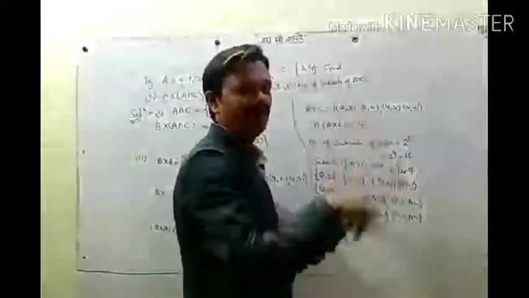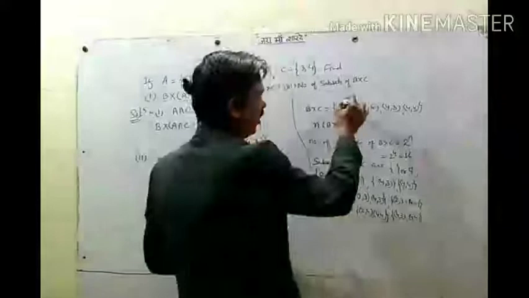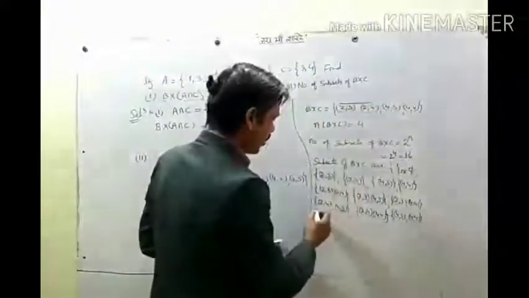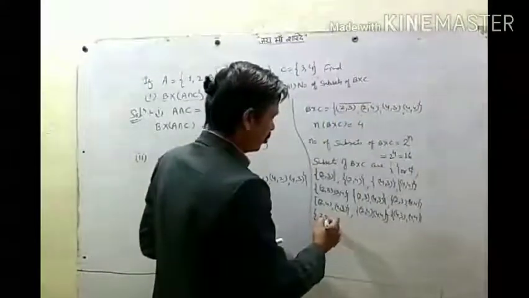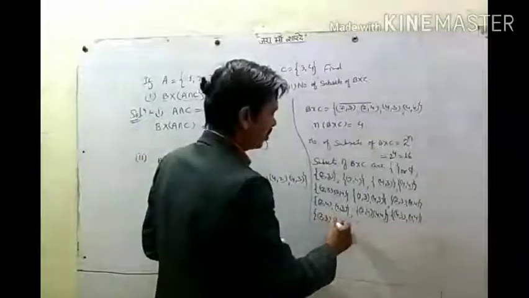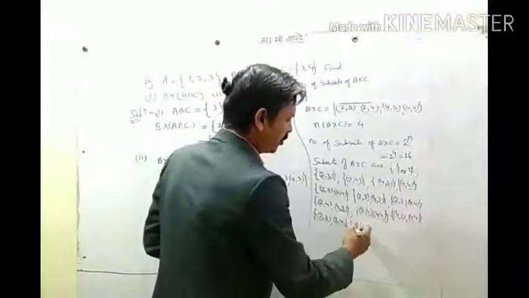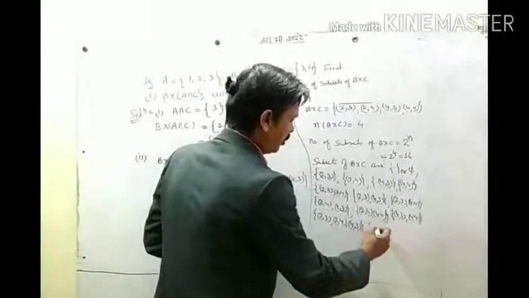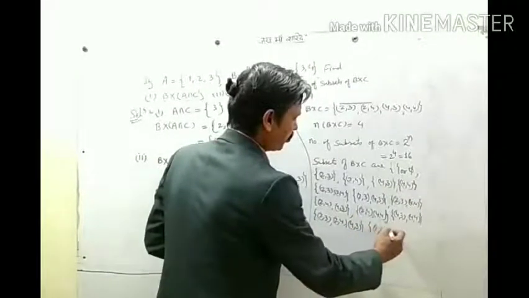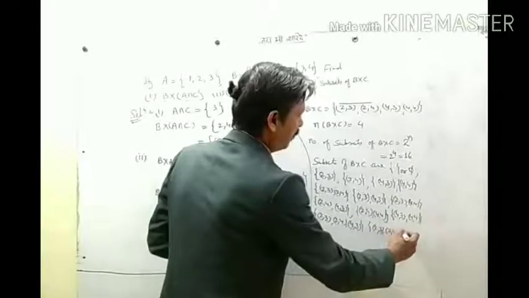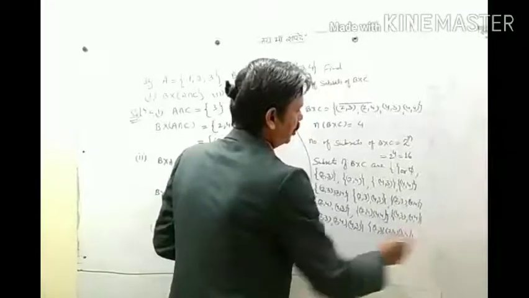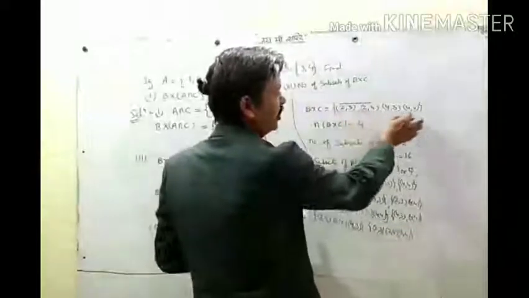Now we take 3 elements together. So if we fix 2, 3 and 2, 4 are fixed, third element can be 4, 3 or 4, 4. So if we take 4, 3 one element, then 2, 3, 2, 4 and 4, 4. Okay, so with these two elements these two options are there.